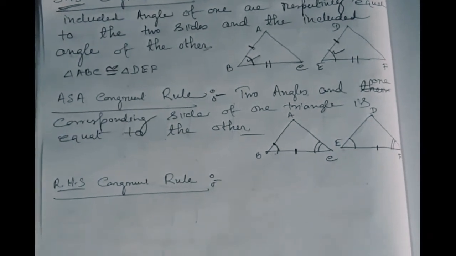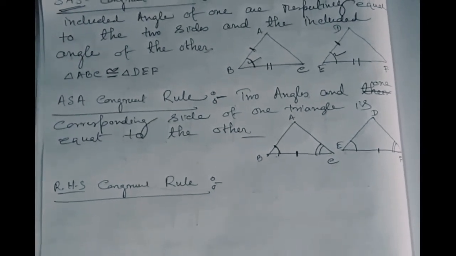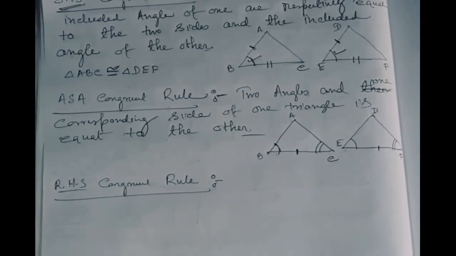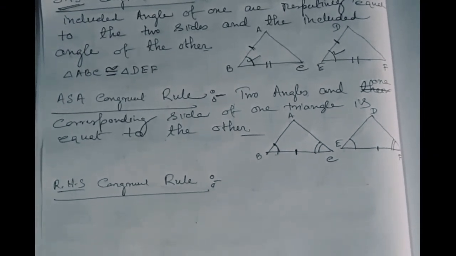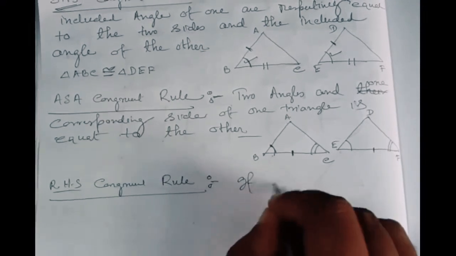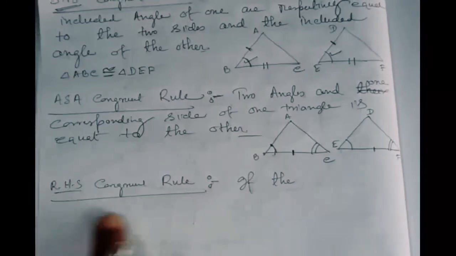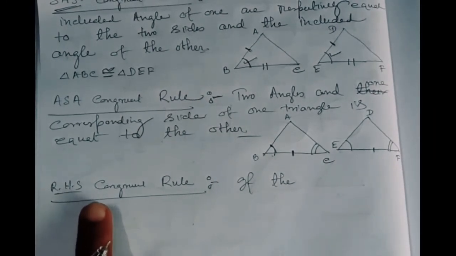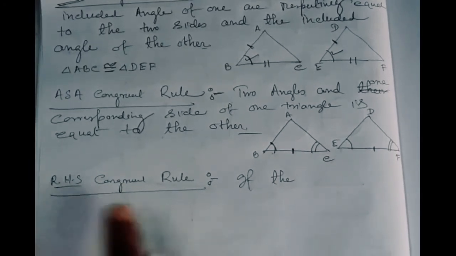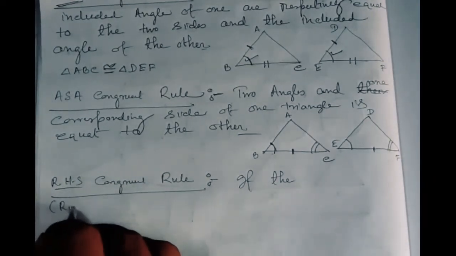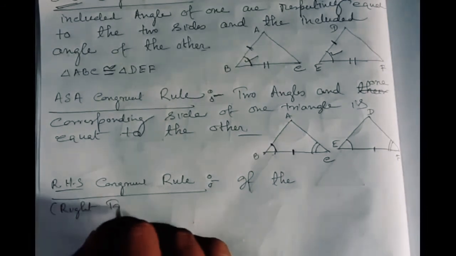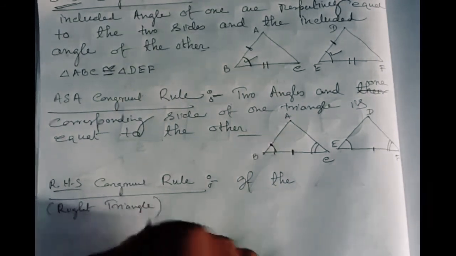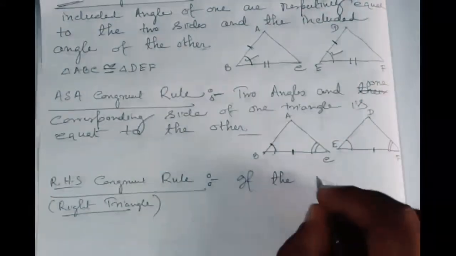Now, this is for right angle triangles, we have to remember that this case is for right triangles. If the hypotenuse